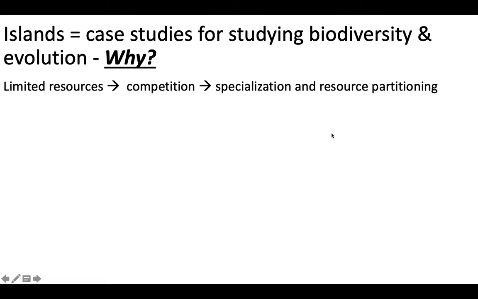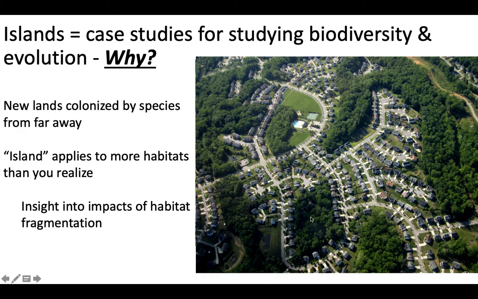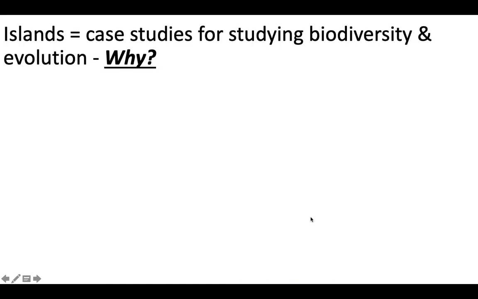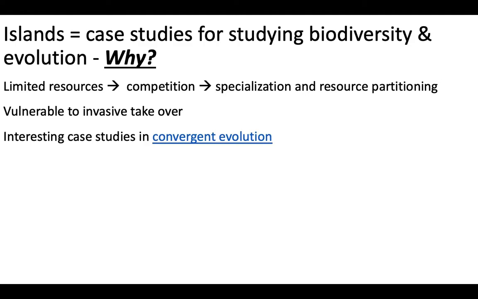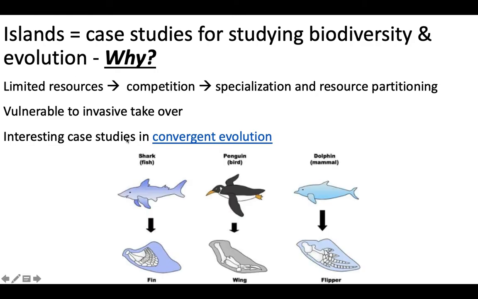Islands also have oftentimes limited resources because there's limited space, which means there's probably going to be limited food. That's going to lead to competition and eventually specialization, the development of specialist species, and lots of resource partitioning, so we can see some really unique, interesting adaptations going on there. These smaller areas tend to be vulnerable to takeover and domination by invasive species, and they often provide interesting case studies in a phenomenon known as convergent evolution, which is basically this idea that